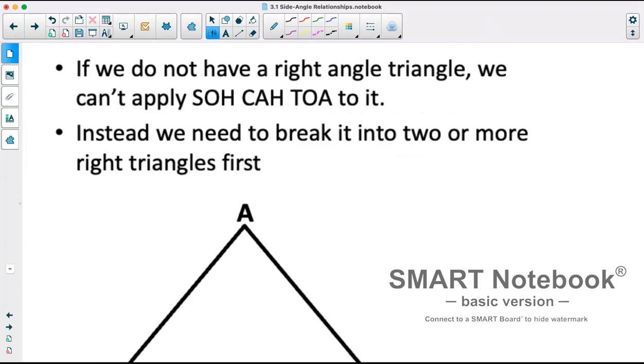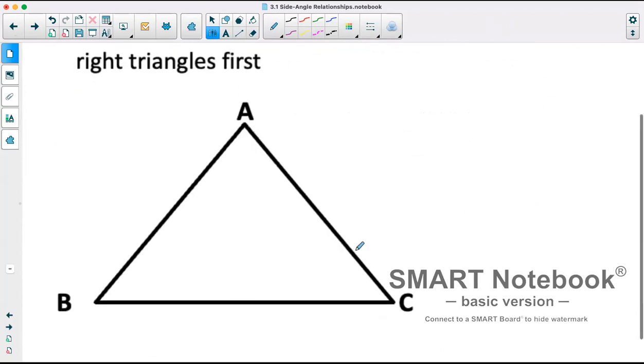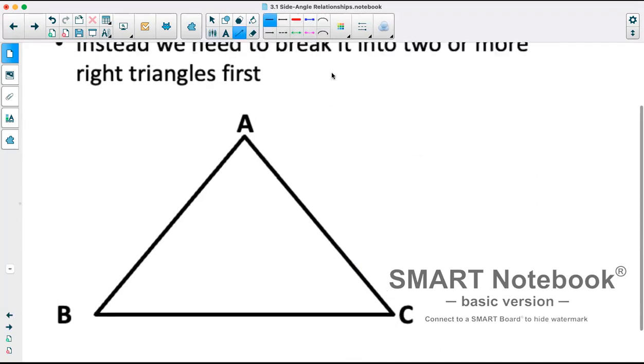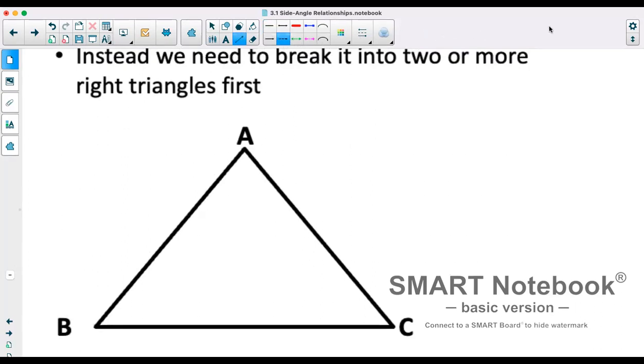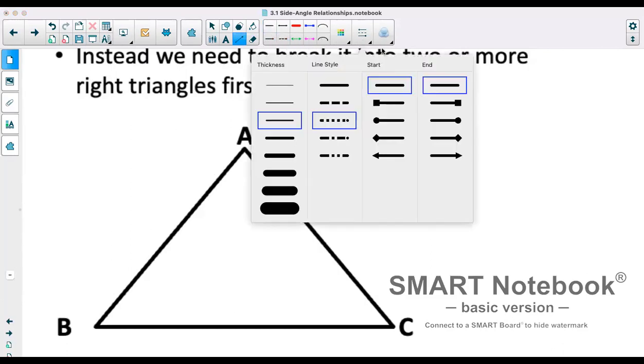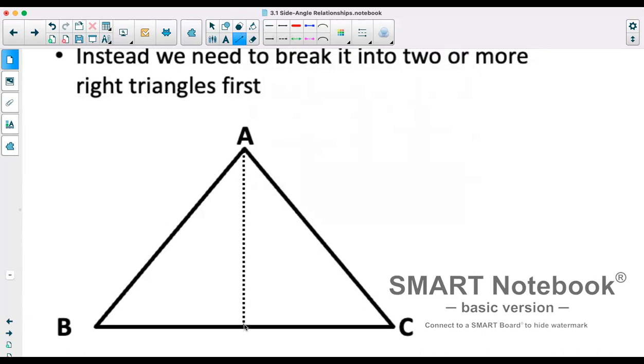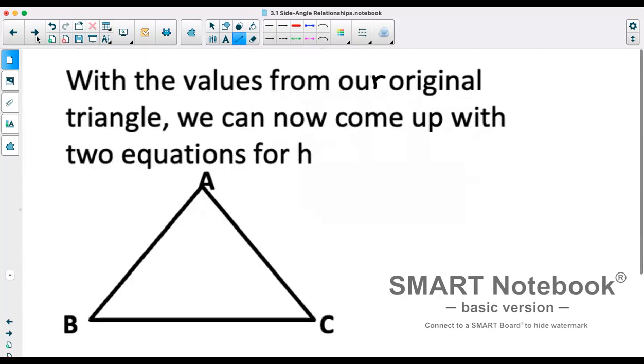Instead, we want to break it into two or more right triangles first. So for example, if I had this triangle here, I might draw a line down the center of it, breaking it into two 90-degree triangles. So continuing on with that idea, if we have this broken into two 90-degree triangles,